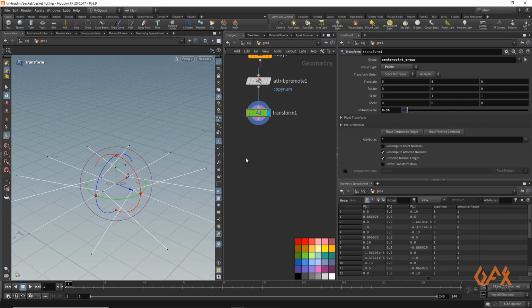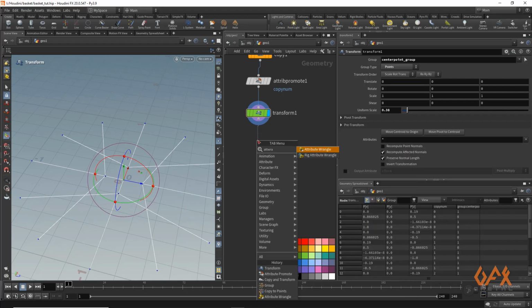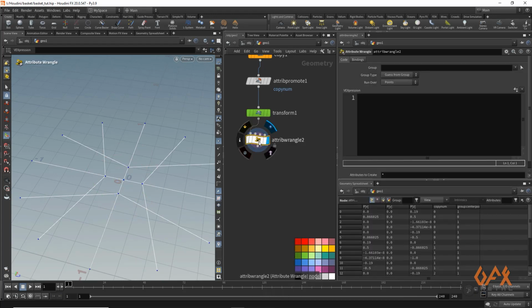So for that reason we need to identify those stuff. So basically I need to identify those points, center point. So I again write down attribute wrangle, in which I just write down if, as well as over here I just set this particular wrangle should be applied onto this center point group. Now I just apply a condition like if at copy num that we already created, percentage 2 is equal to 1,